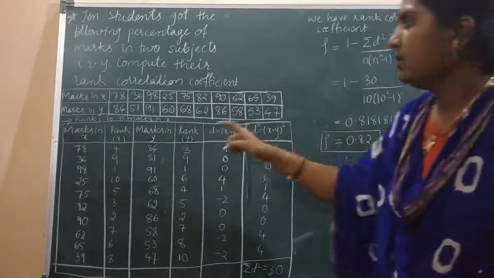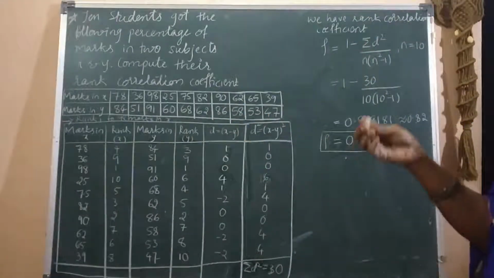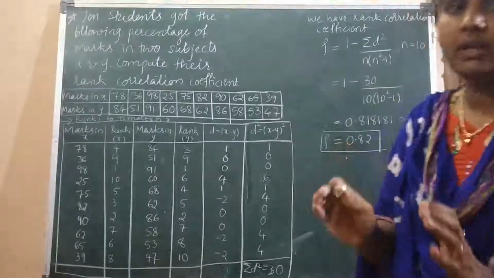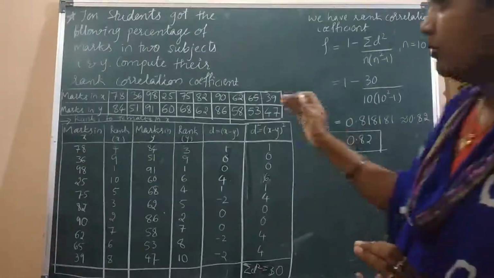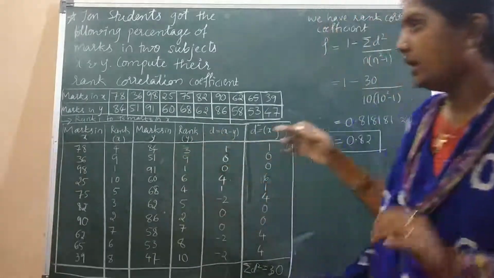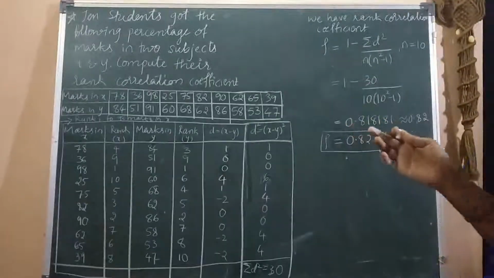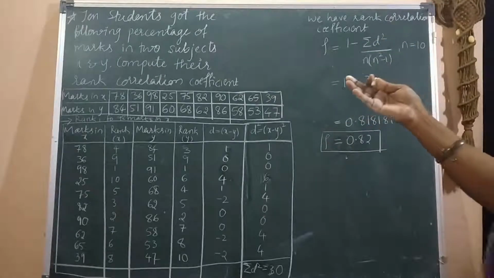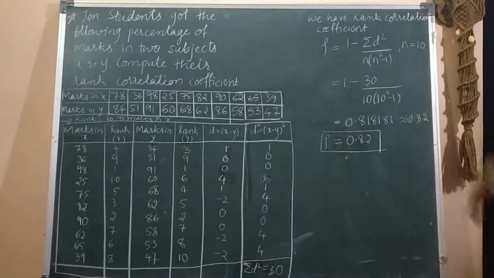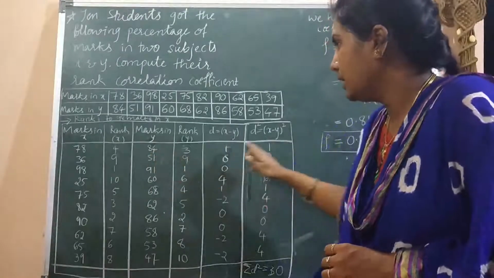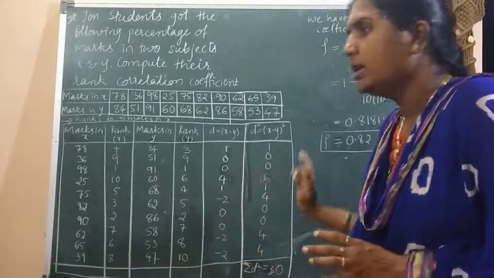Okay, I have just given the ranks. If you get similar questions, it is better to make the question simple like that. For marks, I have given ranks like that. If you get a similar question with marks or percentage in two subjects or of two students, whatever is given, just try to give the ranks. It will make it easy to solve the example.